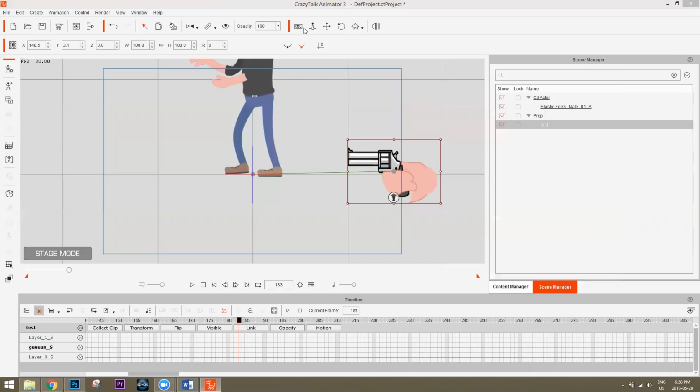Okay, Mohammed asks, when you flatten the keyframes and remove visibility, is it possible to restore them back? Flatten the keyframes, Control Z, you can restore them back. But like I mentioned earlier, we don't really have that capability with CrazyTalk Animator yet, Mohammed. So apologies for that, but it is in the works.